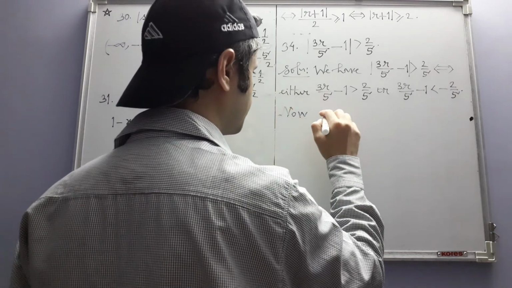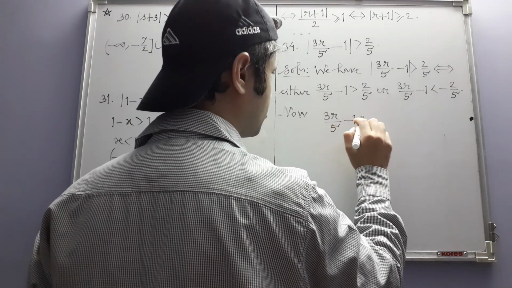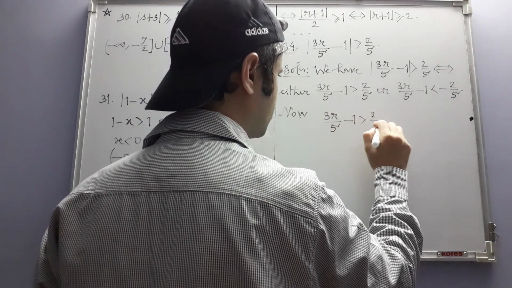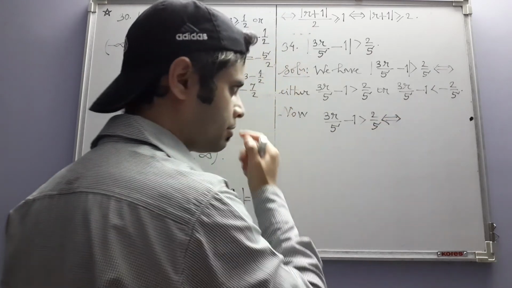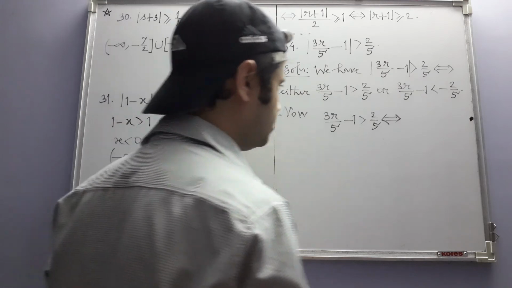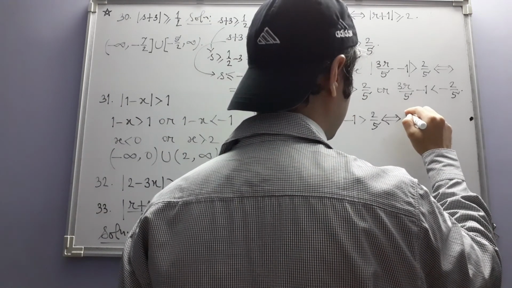Now this is equivalent to, we can multiply throughout by 5. Doing that will give us